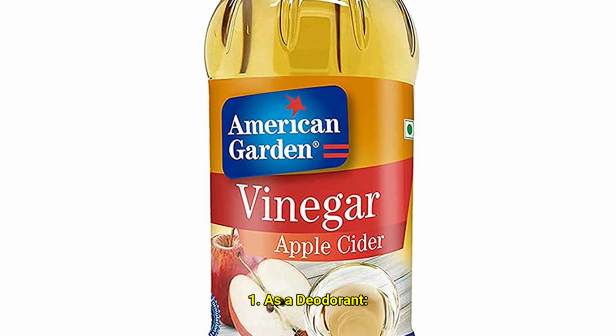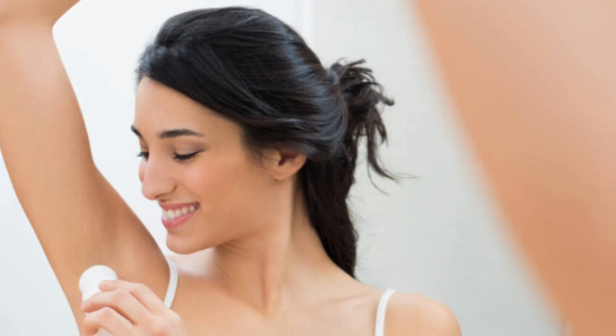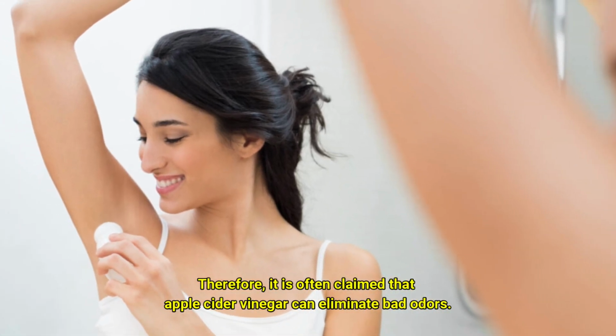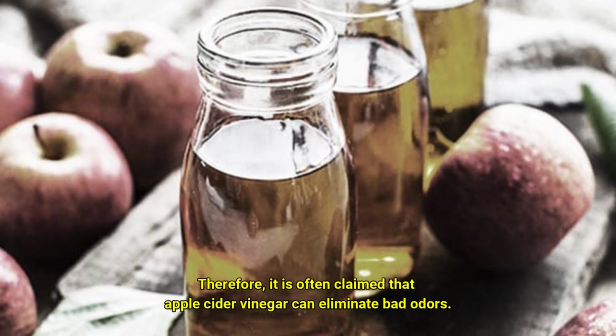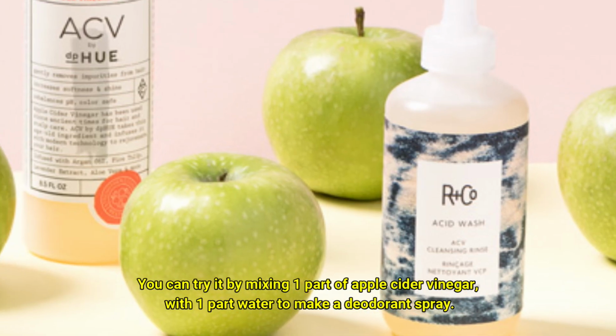Number 1. As a deodorant. Apple cider vinegar is known to have antibacterial properties. Therefore, it is often claimed that apple cider vinegar can eliminate bad odors. You can try it by mixing 1 part of apple cider vinegar with 1 part of water to make a